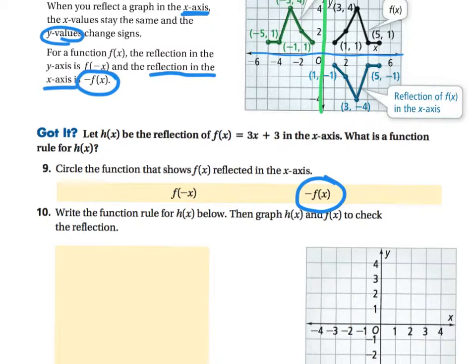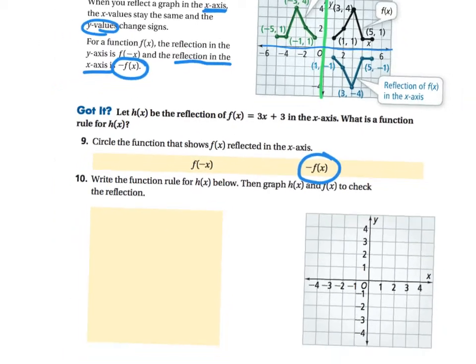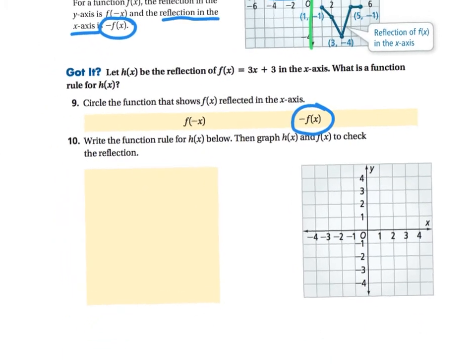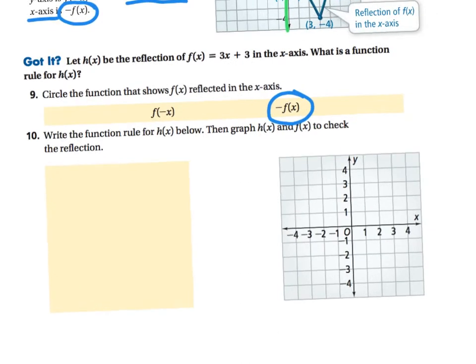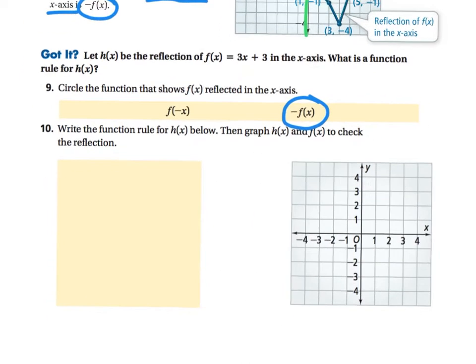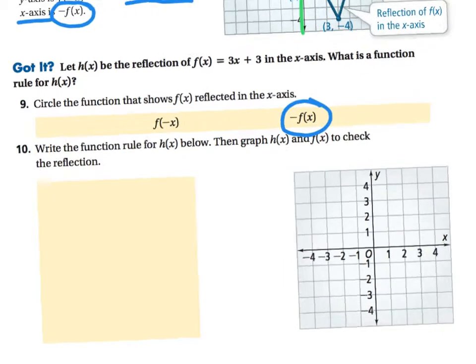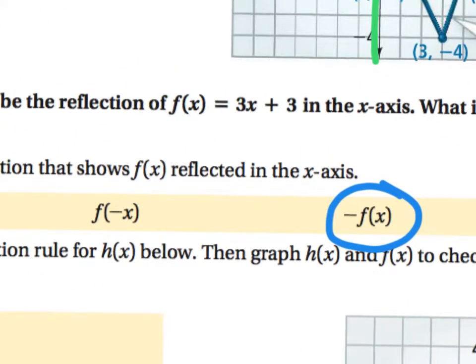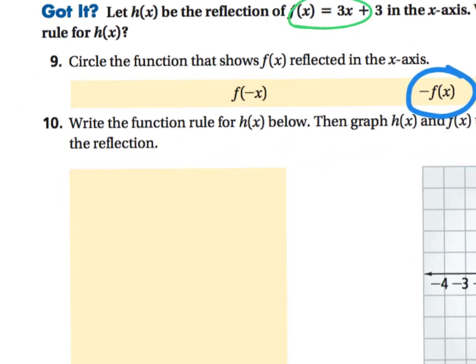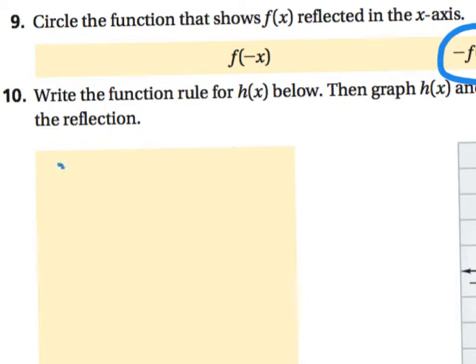Next, now we're going to write the function rule for h of x. Then we're going to graph h of x and f of x. So this gets a little bit ugly. So here's f of x, right? So f of x is here, so I'm going to start there, which is f of x